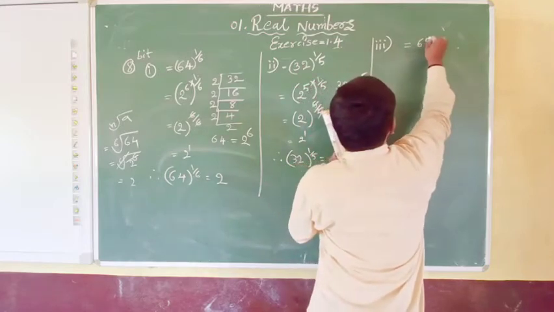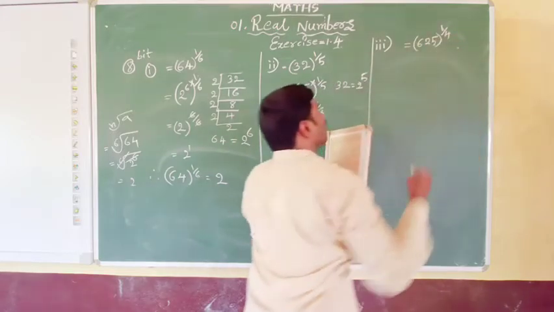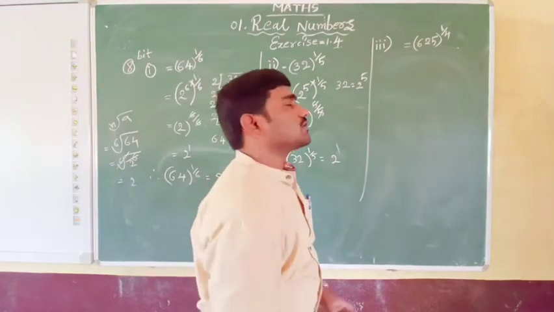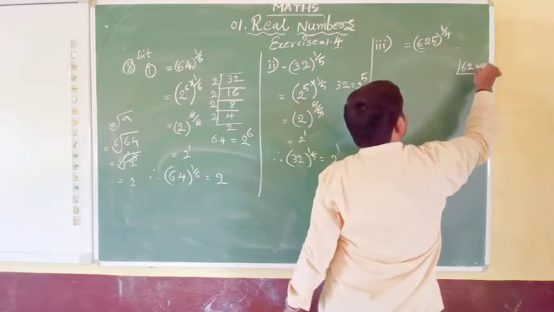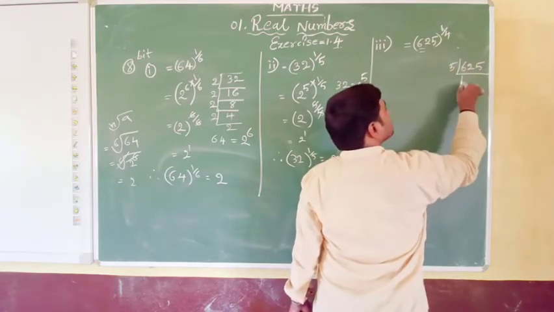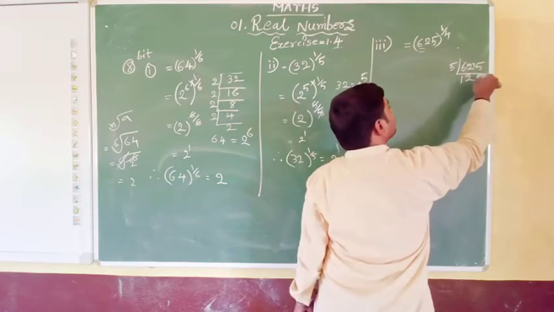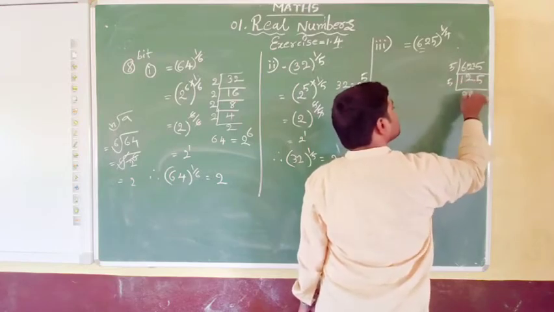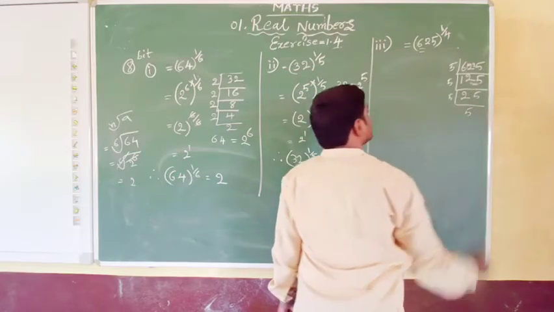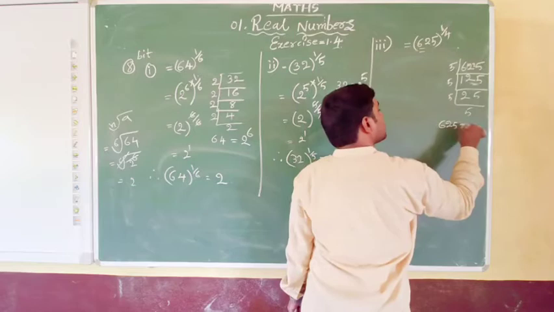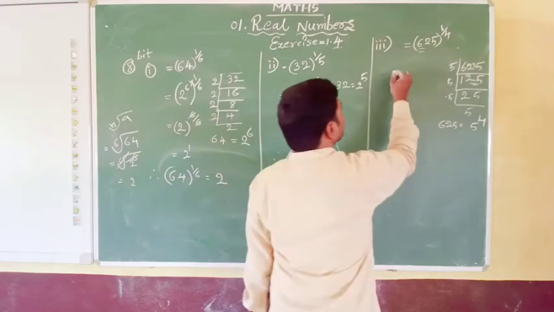So let's go for the third one. That is 625 whole to the power of 1 by 4. So let us multiply that. First of all, we have to factor this 625. If you factor 625 by the 5 table first: 5 ones are 5, 1 left; 5 twos are 10, 2 left, that becomes 25 here. 5 fives are 25. Again 5 fives are 25. And this 625 we can write as 5 to the power of 4. 1, 2, 3, 4.